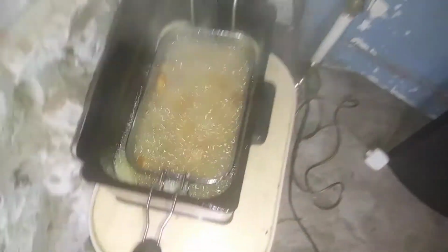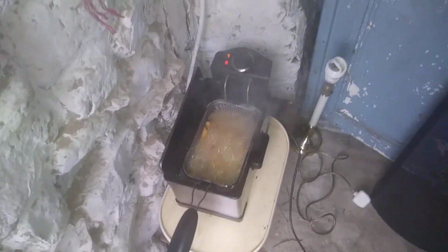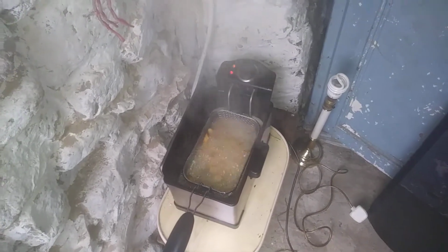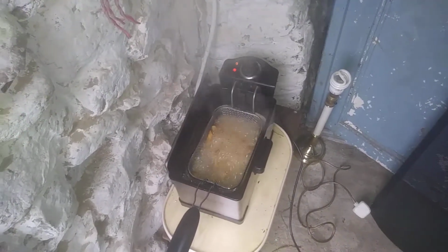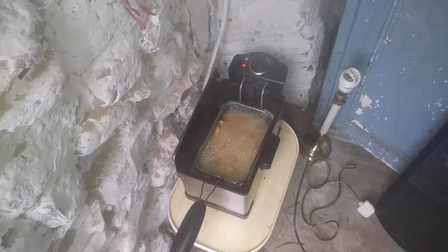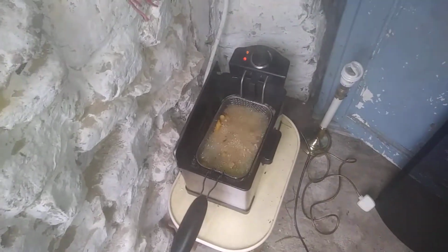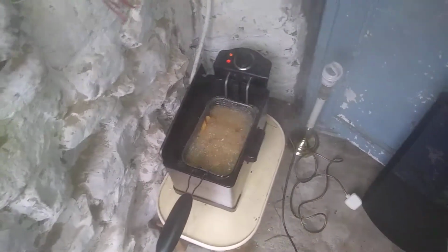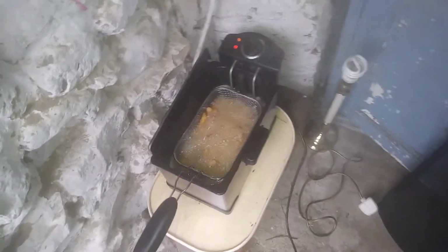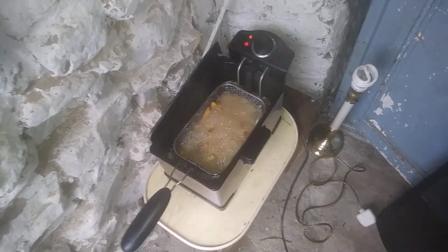I mean, I'll pull them now. That's how quick they do. 5 minutes, guys. You can have this in, I'm about to say you could literally come in from work, just stick this on in the garage. Within 10 minutes you've got a nice tasty load of proper home cooked chips, and they do taste home cooked as well. As the oil gets older, they taste more and more like real chips,